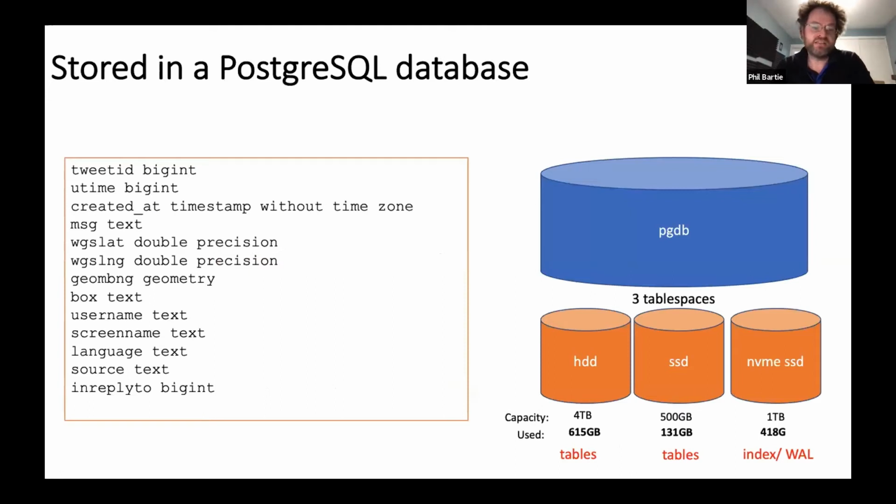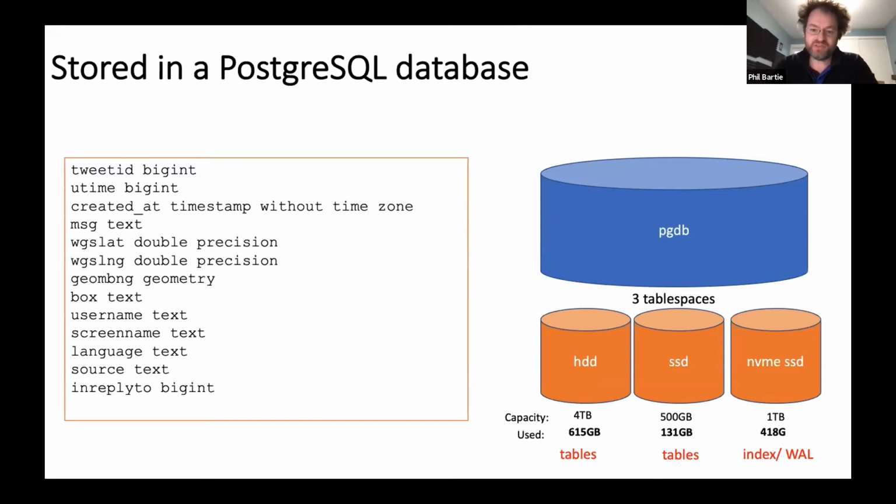And you can see on the left-hand side there the kind of information we get. So as well as the tweet message, we get the location lat long, from which we then do a coordinate transform and put it into British National Grid and make that as a geometry. We also get the username, screen name, language, the platform they sent it from, so the source, whether it came from iPhone or Android phone, or even from another platform such as TweetDeck, the time it was sent as well. And we also get this thing which is a box. So where the information is not specifically from a GNSS device, we get a regional box associated to it from where the user account is registered.